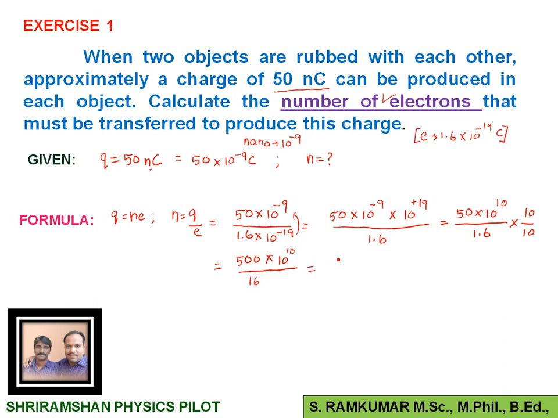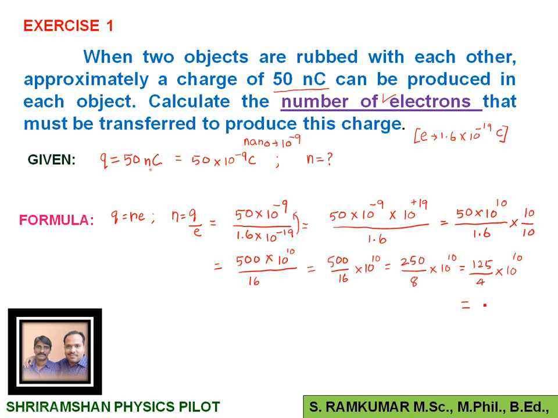So which will be equal to 500 by 16 into 10 power 10, which will be equal to 250 divided by 8 into 10 power 10, which will be equal to 125 by 4 into 10 power 10,